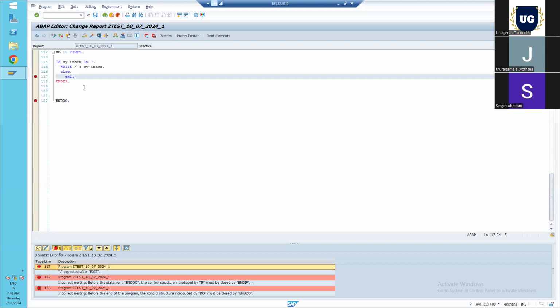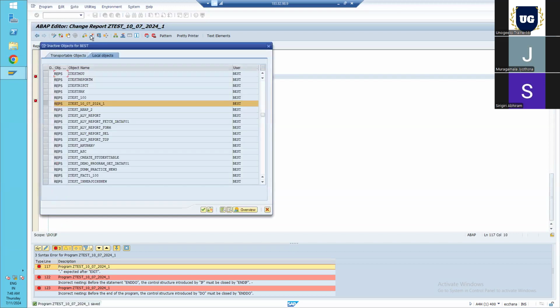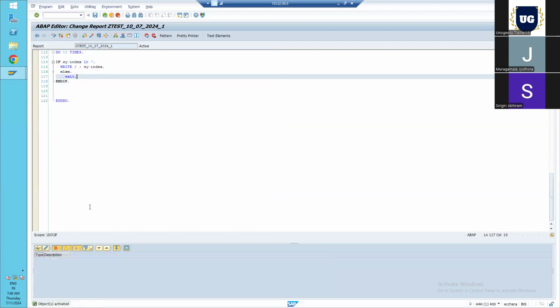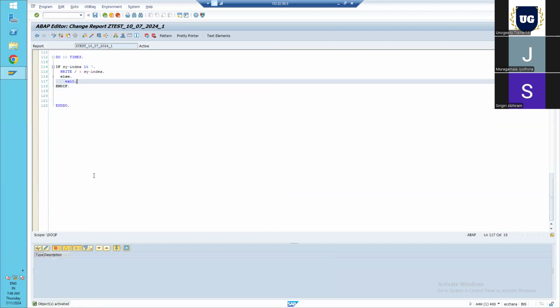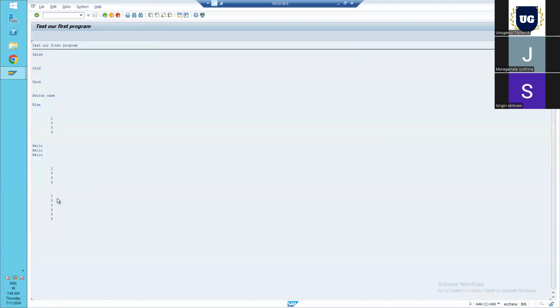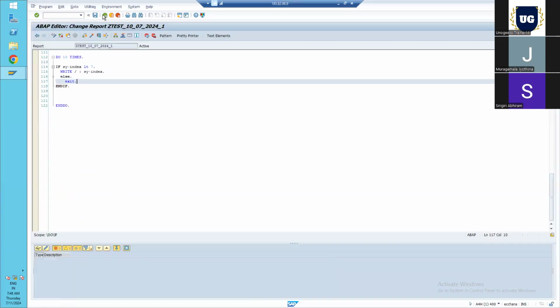Let's double click on this. Okay, after exit, we have not written a period sign here. So let's try to activate, then we'll fix the other error. Okay, so now this is activated. We don't have any error. So let's execute it. The output screen shows 1, 2, 3, 4, 5, 6, and 7, 8, 9,